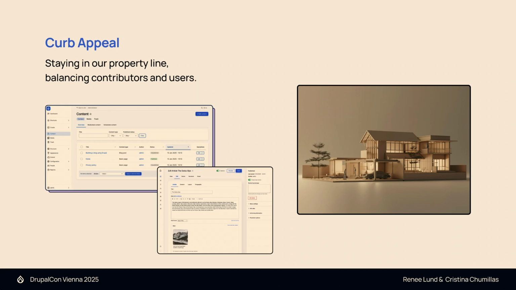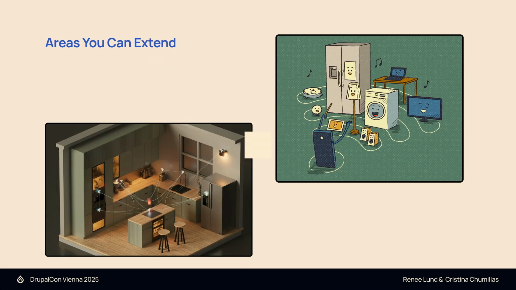Since we have a great community, we also need a little bit of guardrails in order for people to contribute appropriately and make sure that there's harmony throughout the experience and users can adequately come in and do their job. So some areas that you can extend. I like this little graphic because it's all of these different things working together to achieve one goal, right? Like, back with the house analogy, these are all the areas that you can